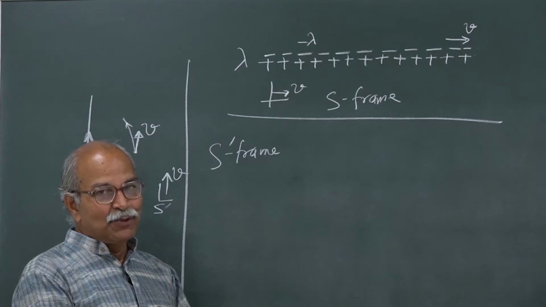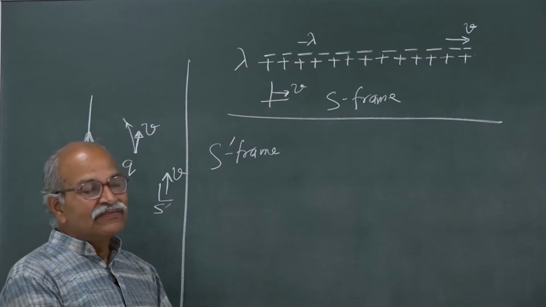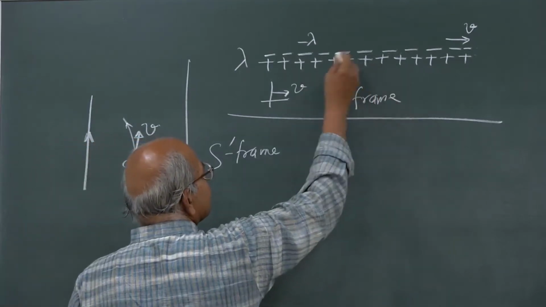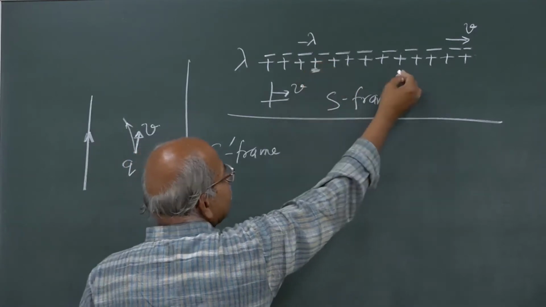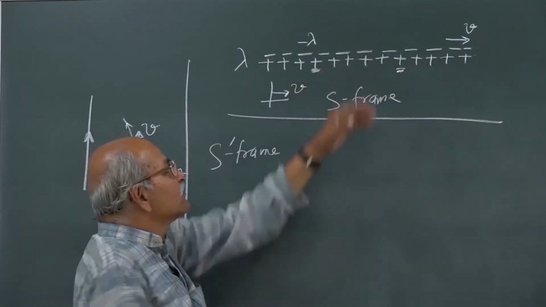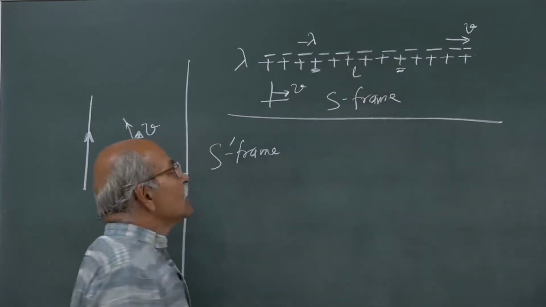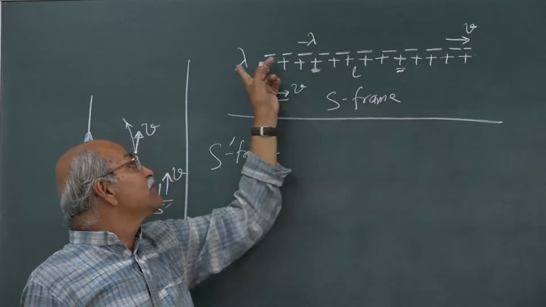What happens to the linear charge density? Take 2 points, start with the positive line charge, put 1 point here and 1 point here with some length in between, and this length is, let us say, L. Now, how much is the charge between these two? That is lambda times